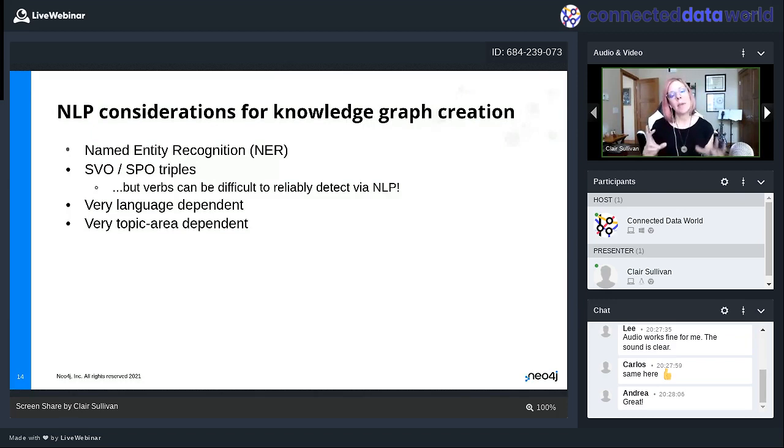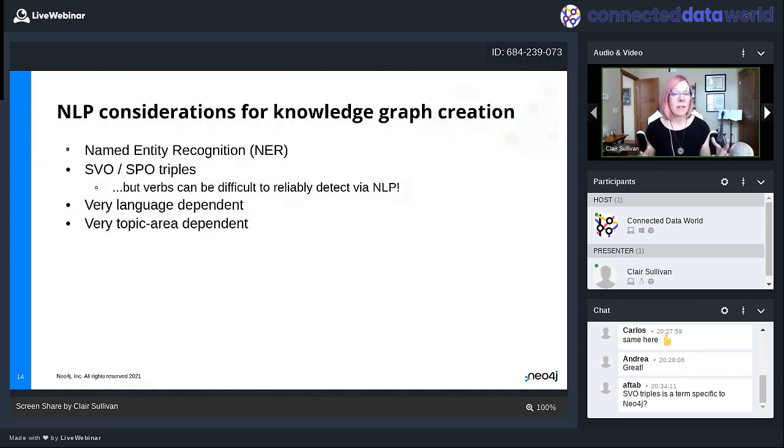Lastly, NLP is very topic area dependent. And I bring this up because it emphasizes the need, when you're generating your knowledge graph, to have subject matter experts involved. So for instance, when we're looking at that coronavirus graph, I'm not an epidemiologist or a physician or anything like that, so I wouldn't really know what I'm looking at here. I would rely on a subject matter expert who does have that field of expertise to say, this is a keyword that is not appearing in your graph. We need to make sure that it gets there. We will see an example of that today where the subject matter expert is crucial to have involved in this process.